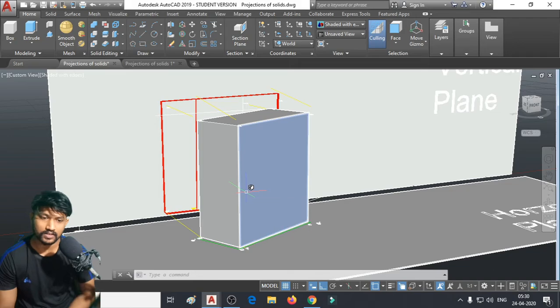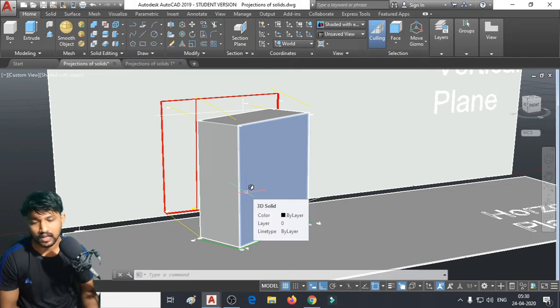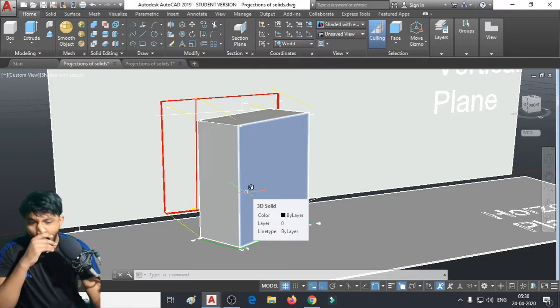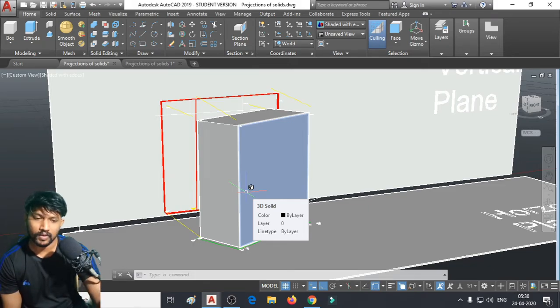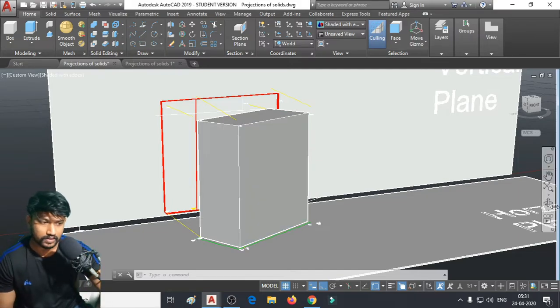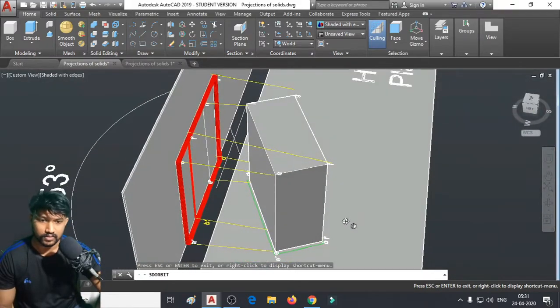So you can ask the problem in three different ways. He can say a lateral face is lying on the horizontal plane, or a particular corner is lying on the horizontal plane, or an edge may be lying on the horizontal plane. Likewise, he might ask in different ways. So we will see all the different models that exist.